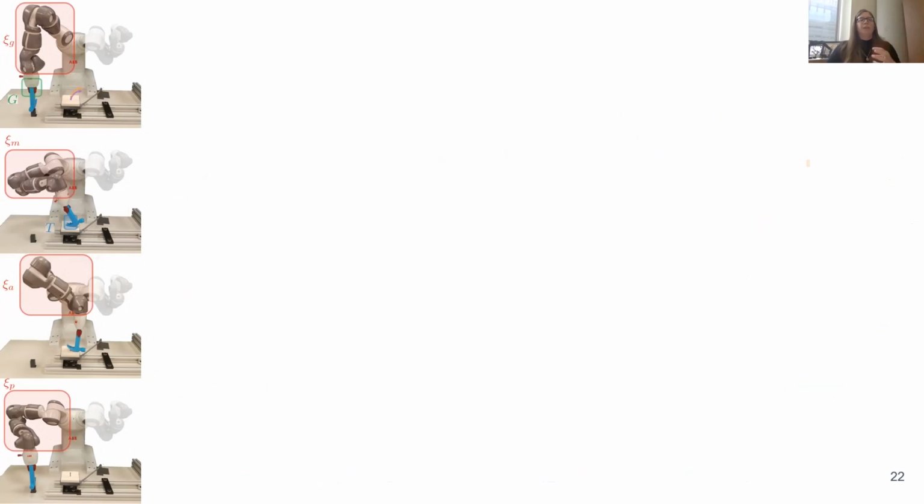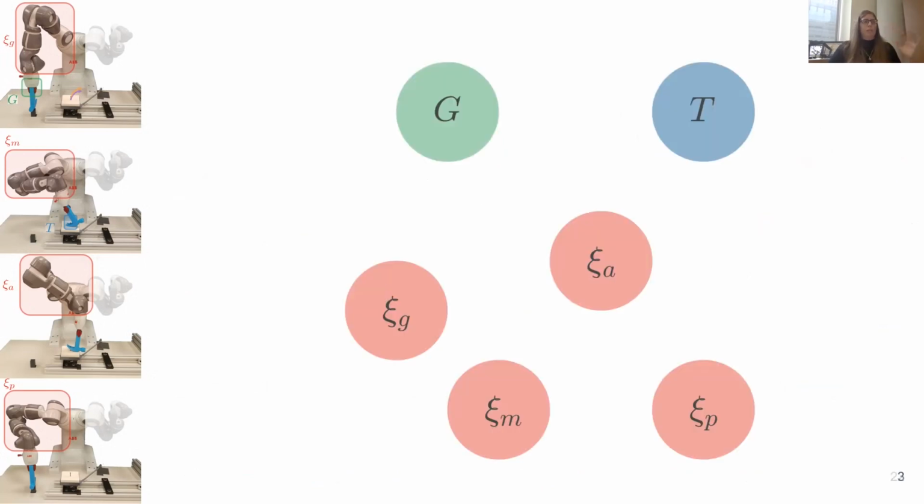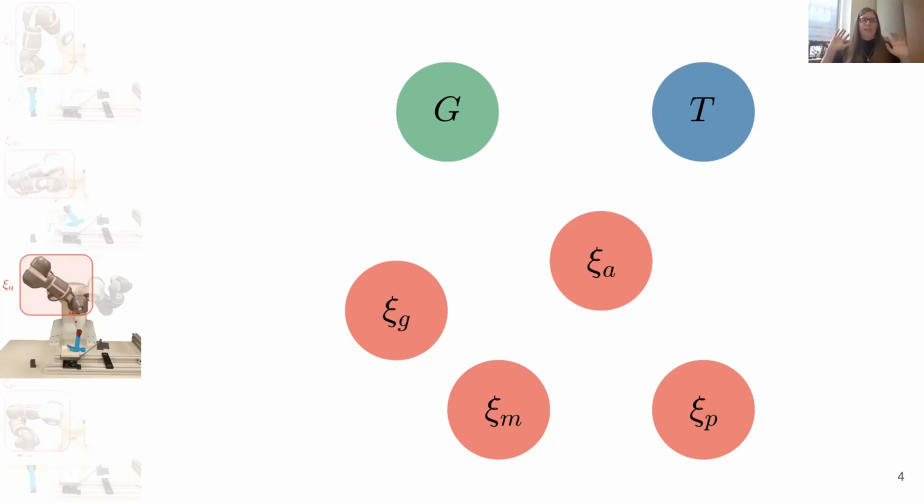Specifically, we're going to build up our constraint graph. The decision variables, the things we needed to solve for, the grasps, the poses, the paths, become nodes within our graph, and we're going to iteratively build up this graph. The first thing we're going to focus on is the force-related things. Always focus on the forces. The forces come into play when we actually do that motion of pulling the nail up using the claw of our hammer. So how do we do this? If we zoom in a little bit,